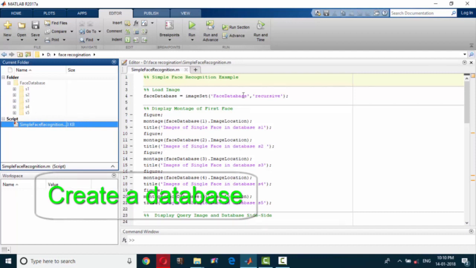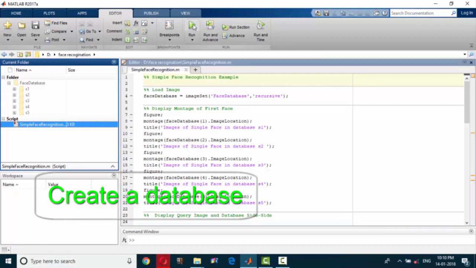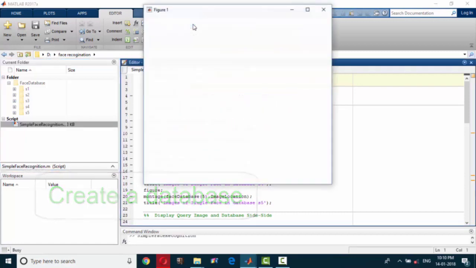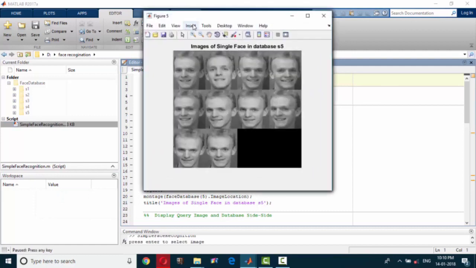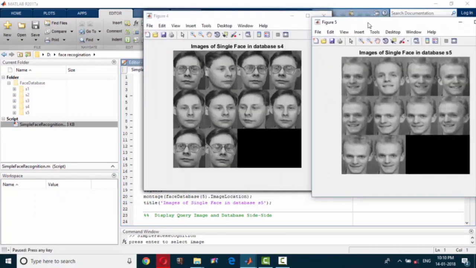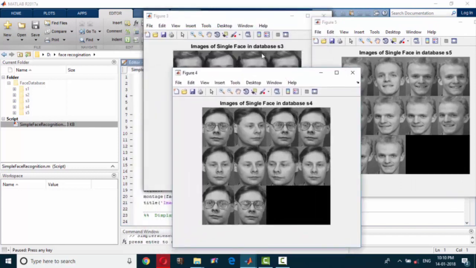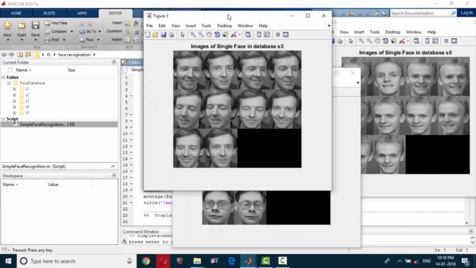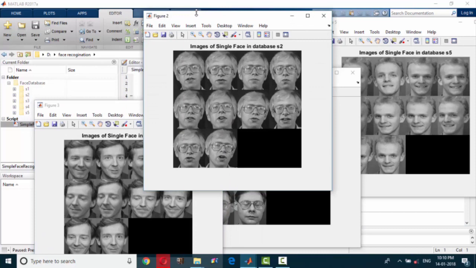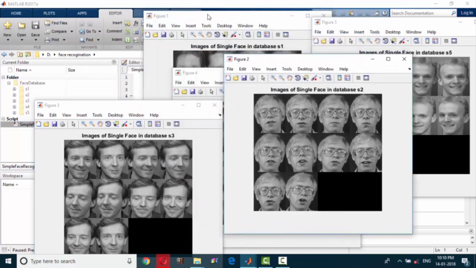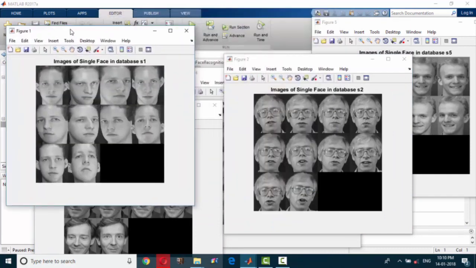As you can see, there are various images popping out, and these are the images that we have given as an input. Each and every face consists of around 10 images of a person, and each and every image takes around 20 minutes to perform a grayscale. So here we have got all the images that we have given as an input in the data.